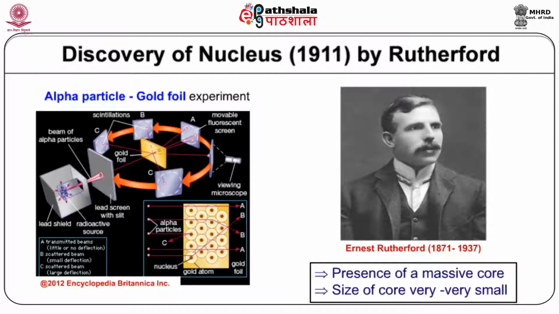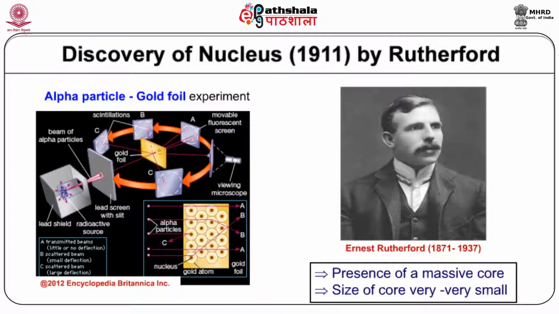All these alpha particles he found on the scintillator detector placed at various angles. So when he plotted the number of alpha particles detected at various angles as a function of angle, then he found very interesting observations, and on the basis of that analysis, he derived certain conclusions. The first conclusion he drew is that most part of the atom is basically empty in nature, and there is a central entity in every atom,